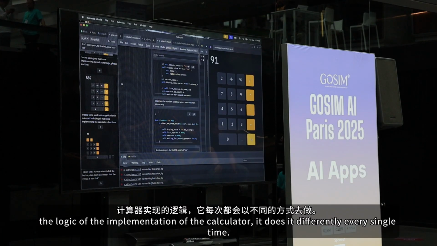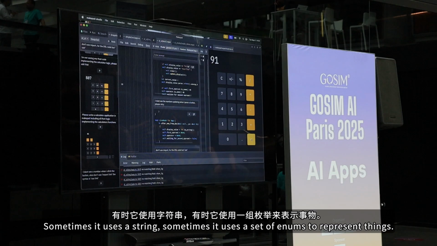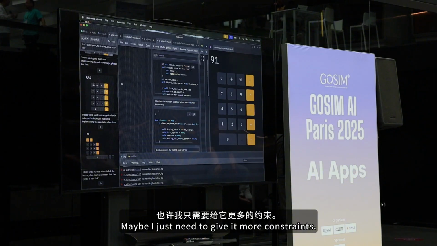The strange thing about AI generating these applications is that if you ask it for the logic of the implementation of the calculator, it does it differently every single time. It completely reimagines how to add two numbers together. Sometimes it uses a string, sometimes it uses a set of enums to represent things. Maybe I just need to give it more constraints, but